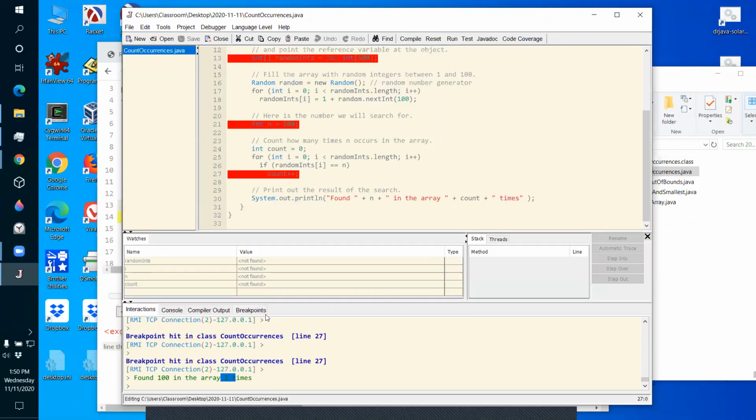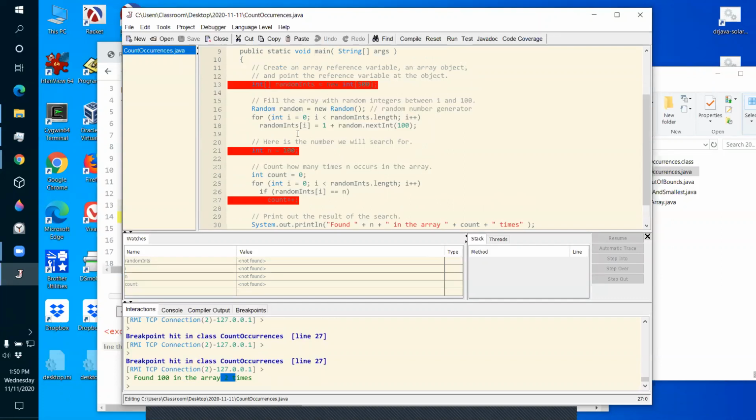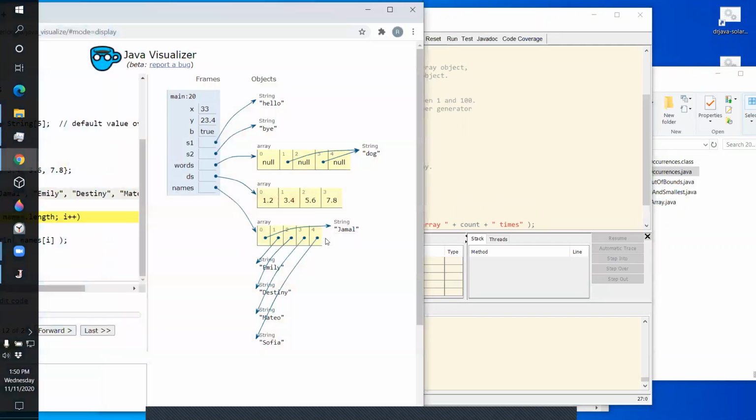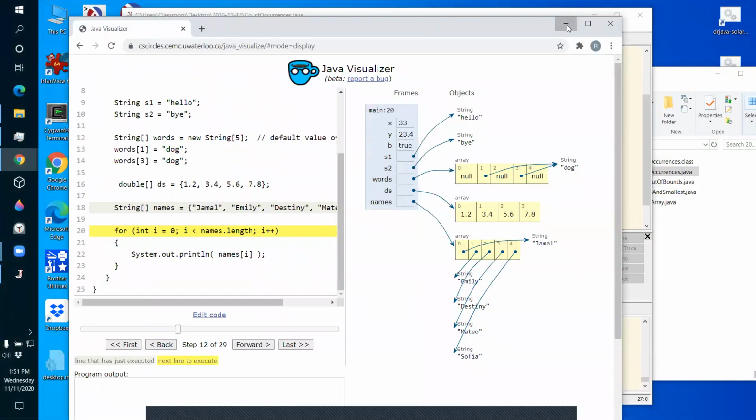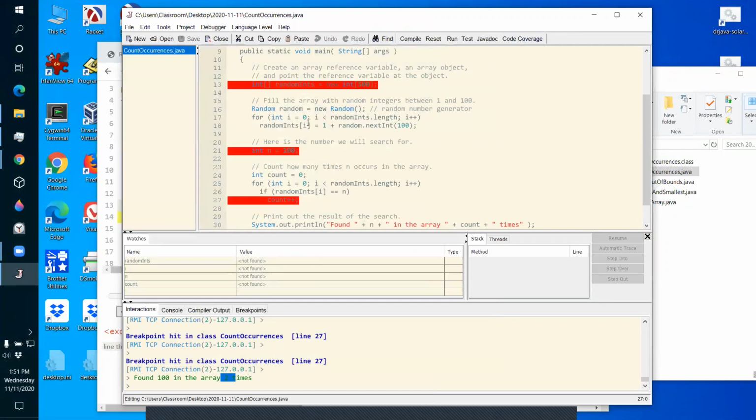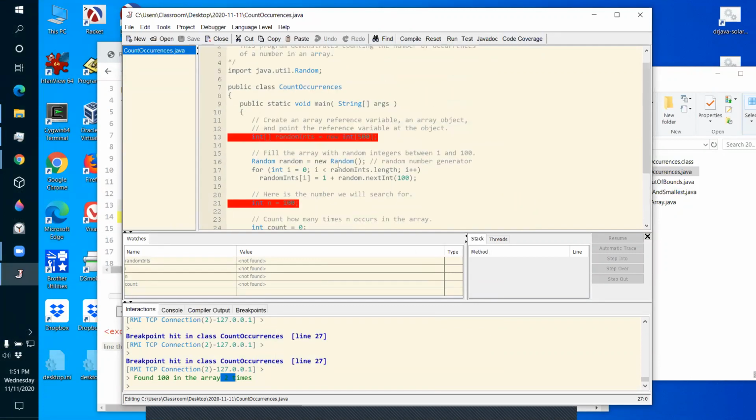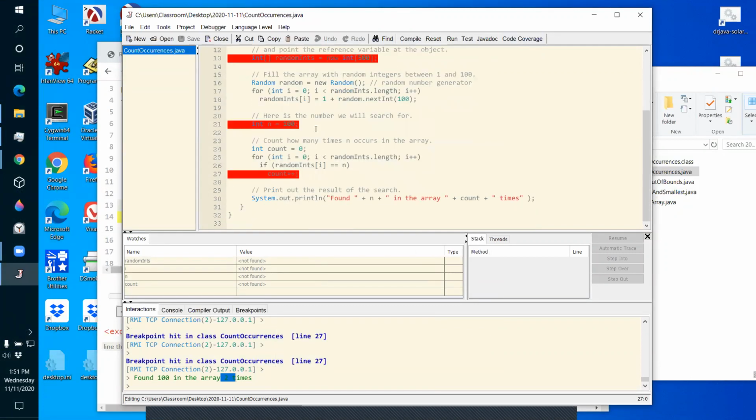Okay. This is how you can use a debugger to play with programs. It's a lot less visual than the visualizer. It's a little bit trickier than the visualizer, but at the same time it can do much more powerful things. So notice I could play with a program with 500 integers, and I could use this to play around with it. The one thing I wish it would let you do is see the whole array.